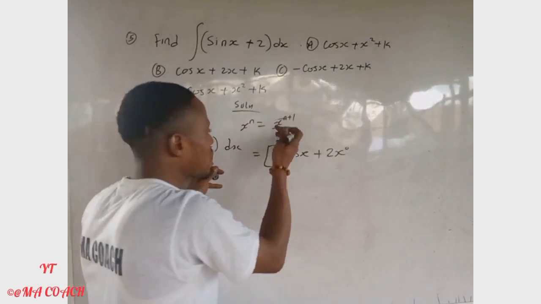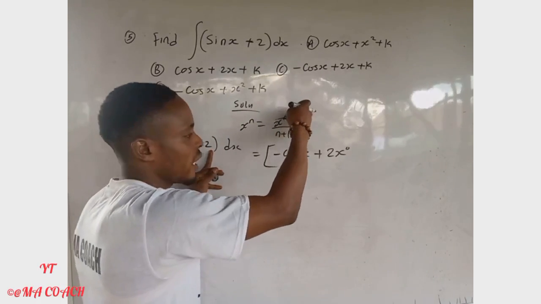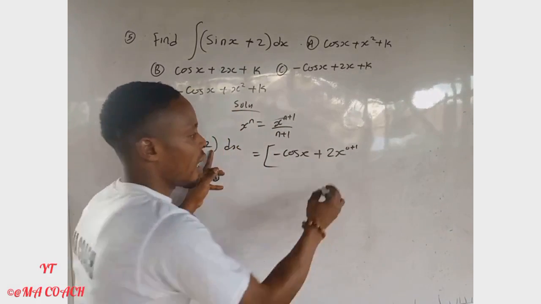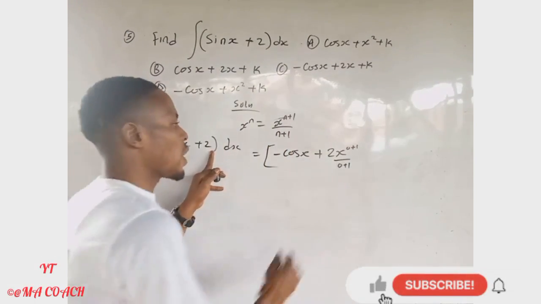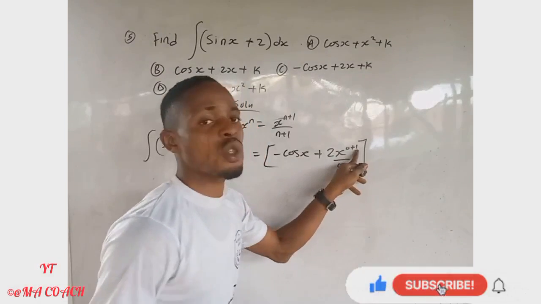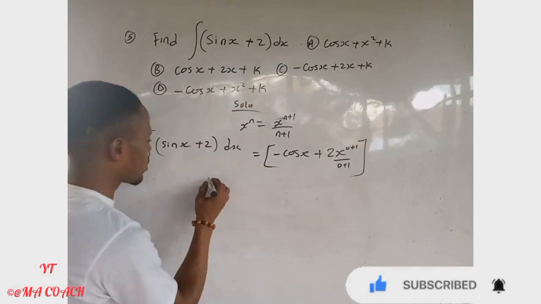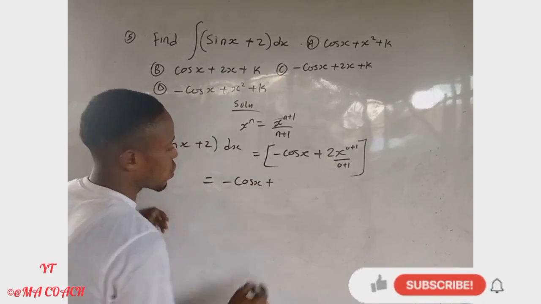The general formula says that s raised to the power of n, we add 1 to it, which is 0 plus 1, and also divide by 0 plus 1. So 0 plus 1 gives 1. So here now, our answer becomes minus cos s plus